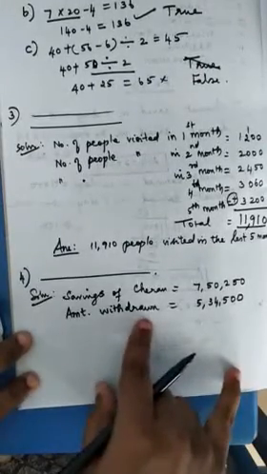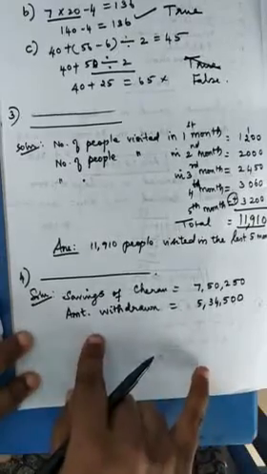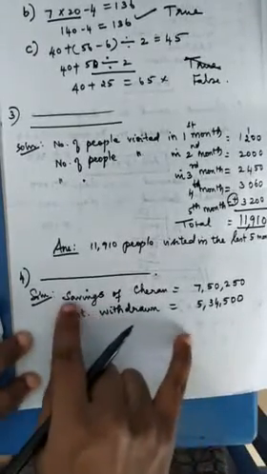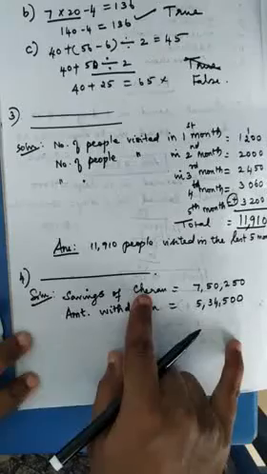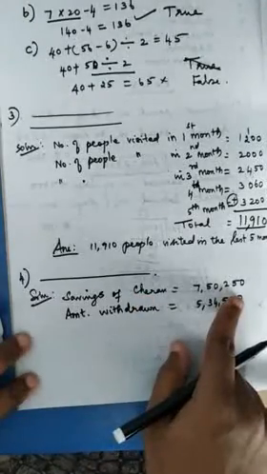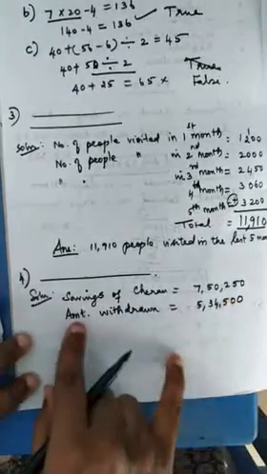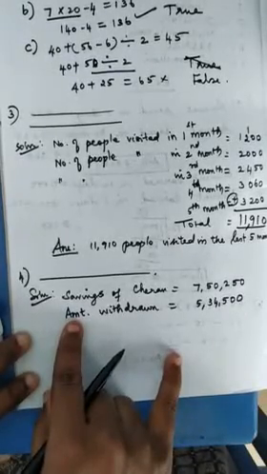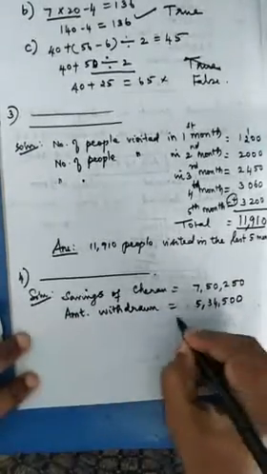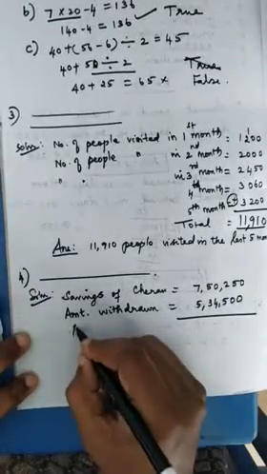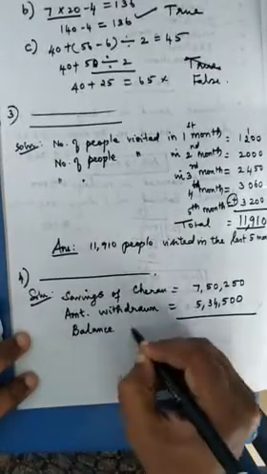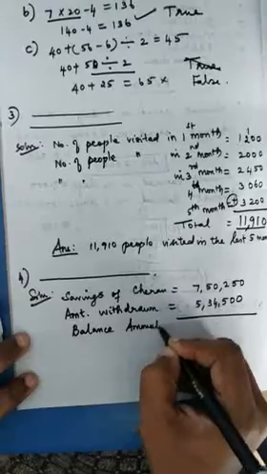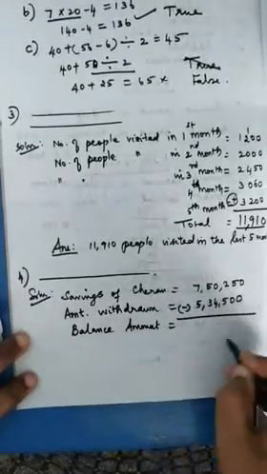When we are writing it in the wordings, you have to be very careful. So, savings of Mr. Charan is 7,50,250. So, he withdrew. Withdrew means he is taking the amount for some purpose. Here he is using for educational purpose. So, you want the balance amount. The balance amount will be equal to, I have to subtract these two.